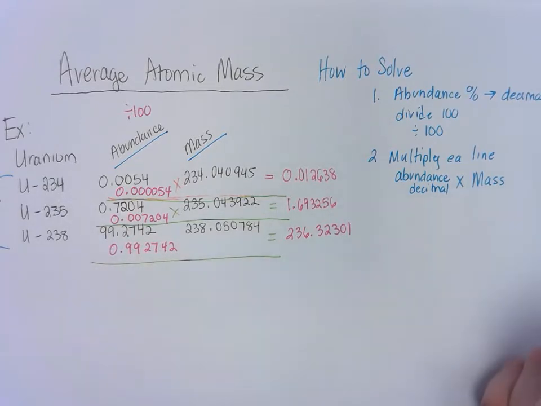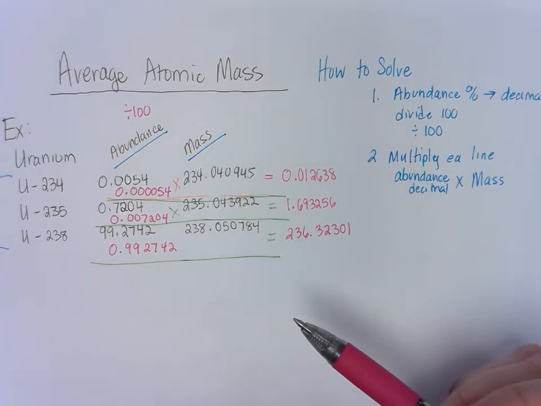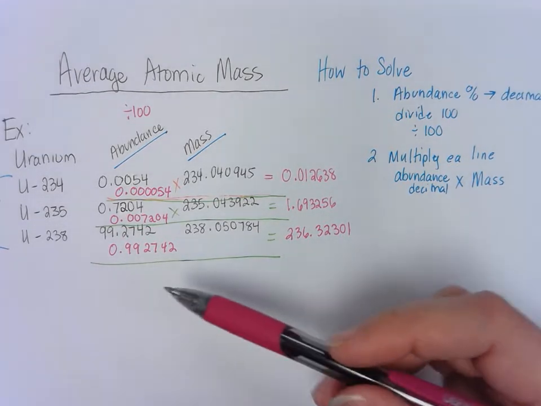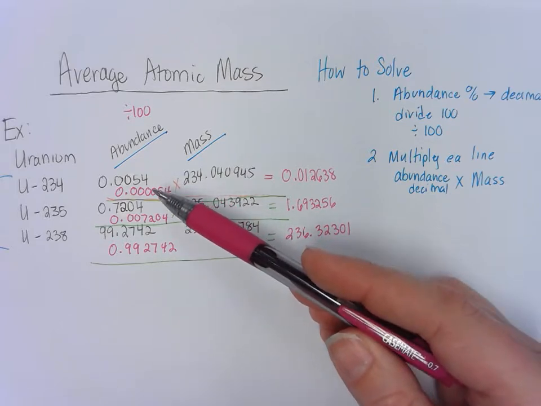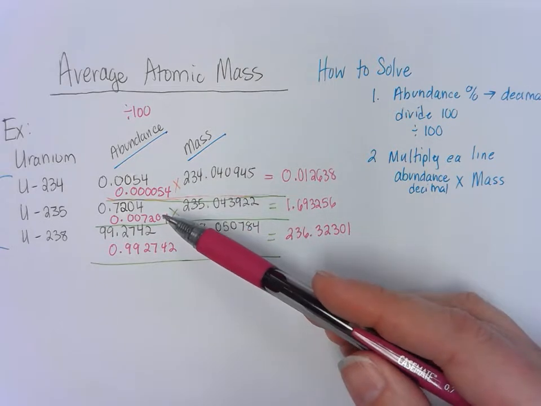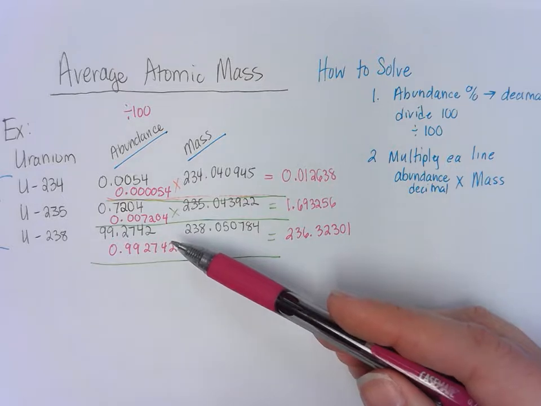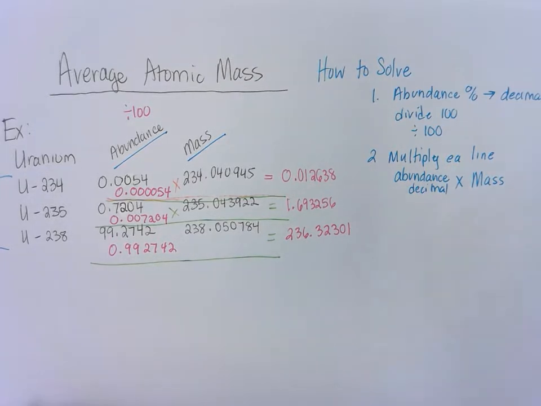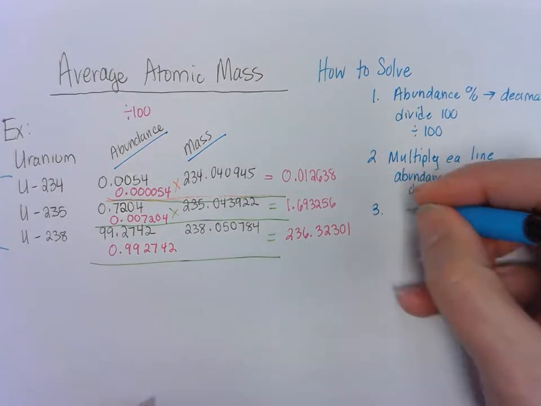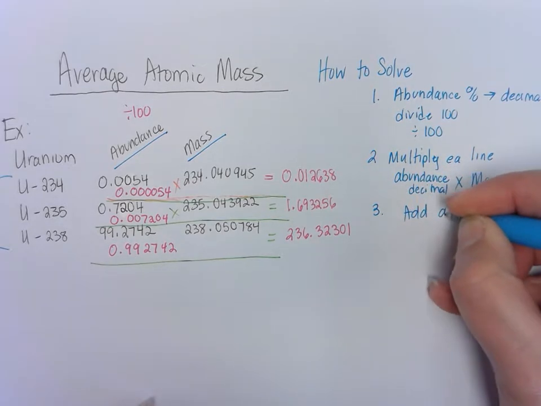Alright, so we have now gotten the portion of the total mass that each one of these isotopes contributes to the total mass, the average atomic mass. This is a weighted average. If you're doing a weighted grade, you do the same thing category by category using the percents. So we've taken the abundance of the 234 times its mass, the abundance of the 235 times its mass, the abundance of the 238 times its mass, and now the last step is we are going to add all our